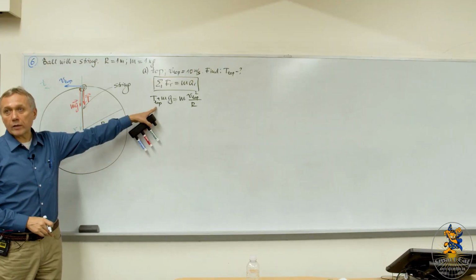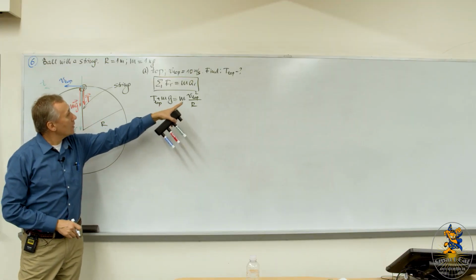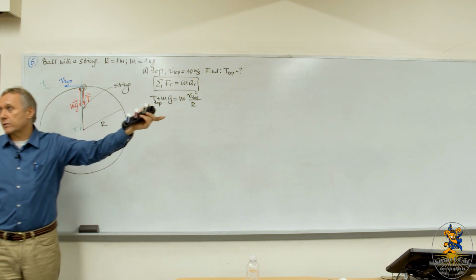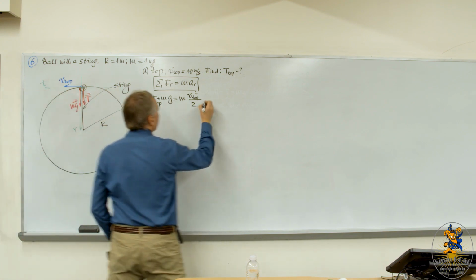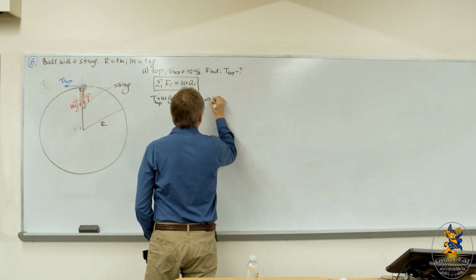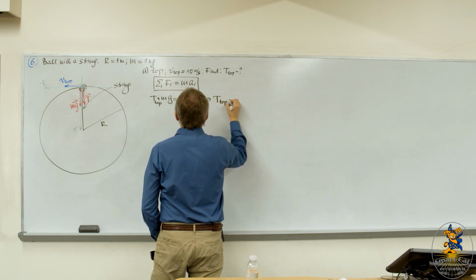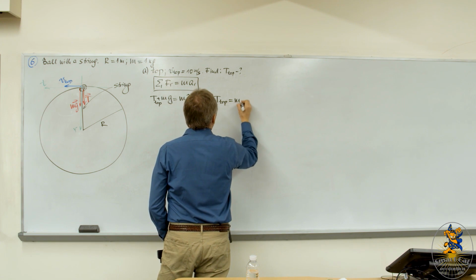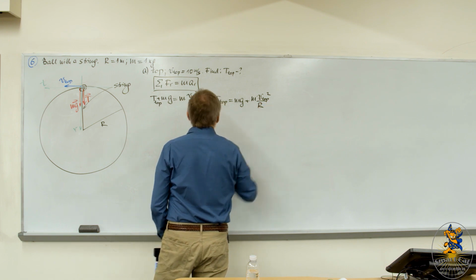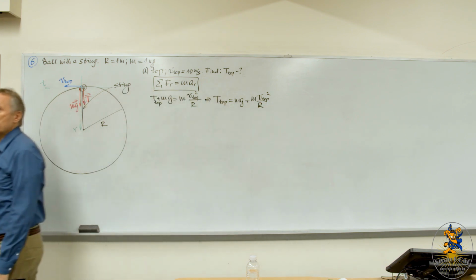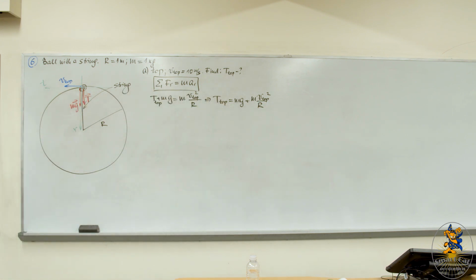So this is our unknown. Mass is given, radius is given, speed is given, so everything is given. We just need to solve it for the tension at the top. So T at the top equals mg plus mv squared over r. On purpose, first I wrote mg because it's the weight. And then on top of weight, we have some